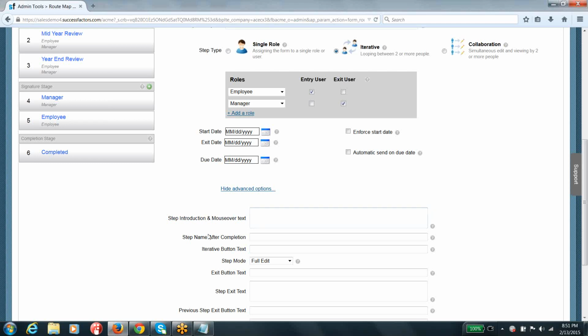And step name after completion. Once you complete all the stages, what is the name that you want to show on that particular form? If you are interested in marking that form with a different name other than completed, you can go ahead and keep your own text.